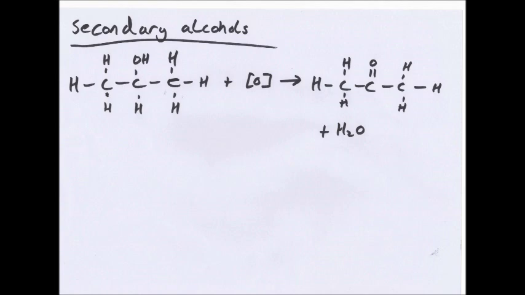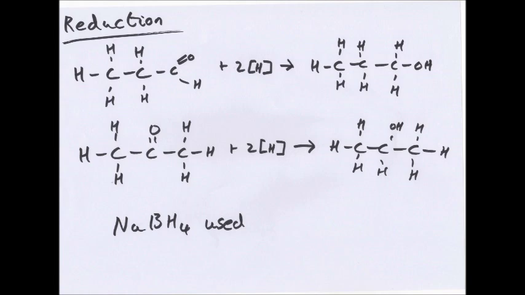Now, the difference is reduction. Here you have an [H] in a bracket which shows reduction, and there's two H for reduction. If you have an aldehyde and reduce it, it becomes a primary alcohol. If you have a ketone and reduce it, it becomes a secondary alcohol, and NaBH4 is used. That's just very simple, it's just the opposite of oxidation, but it leads to a new mechanism: